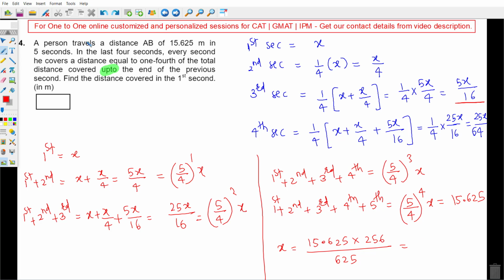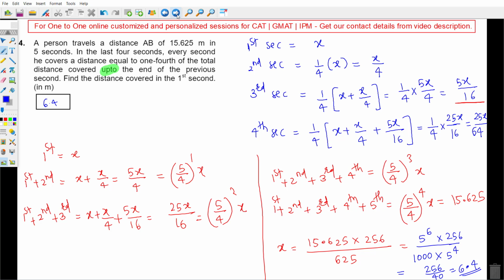One second, let me solve this. I need to manage the space here, hold on. 15,625 is 5 to the power 6, divided by 1000 because of that decimal point. 625 is 5 to the power 4, into 256. So let's solve this equation. This will be 256 divided by 40. Okay everyone, that is equal to 6.4. So the answer is equal to 6.4.